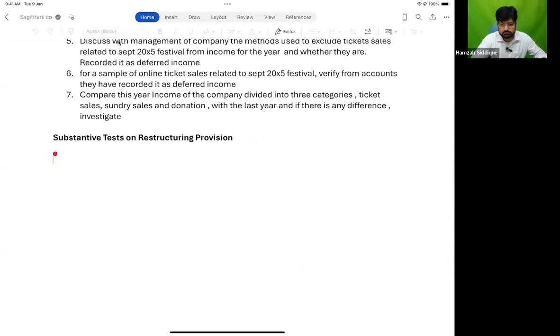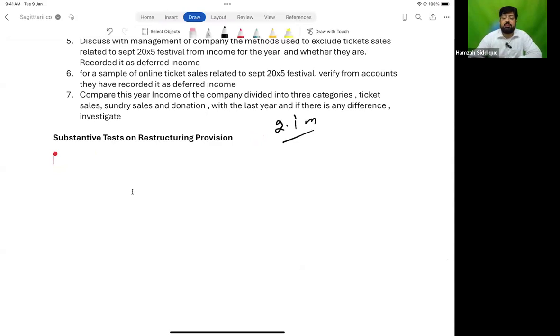Now, the first thing is, before I write, 2.1 million, they said, is the provision recorded by them. Right? Urdu sometimes gets mixed, 2.1 million. So what do we do? So obtain